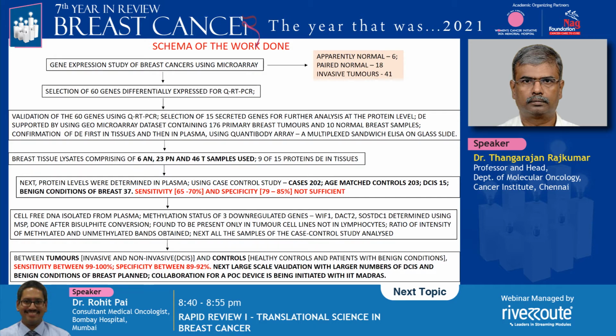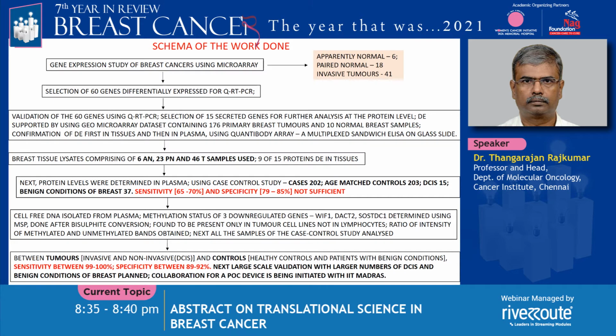We then went on to look at the protein levels in the plasma, and for this we ran a case-controlled study which included 202 cases and 203 age-matched controls. We also included 15 DCIS patient plasma blood samples, and then 37 patients with benign condition of the breast